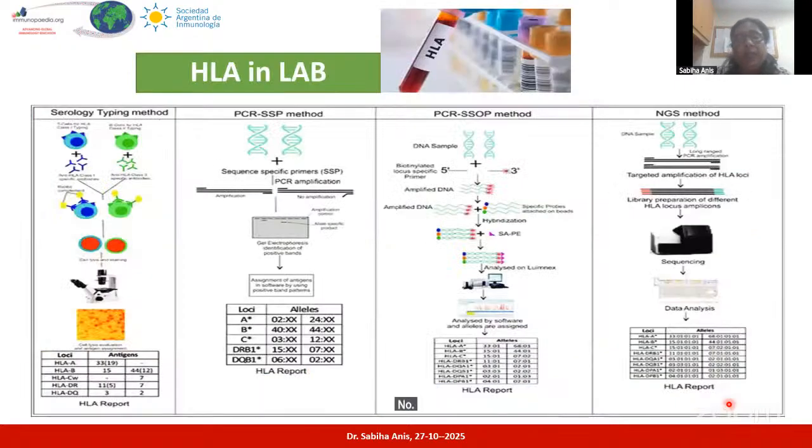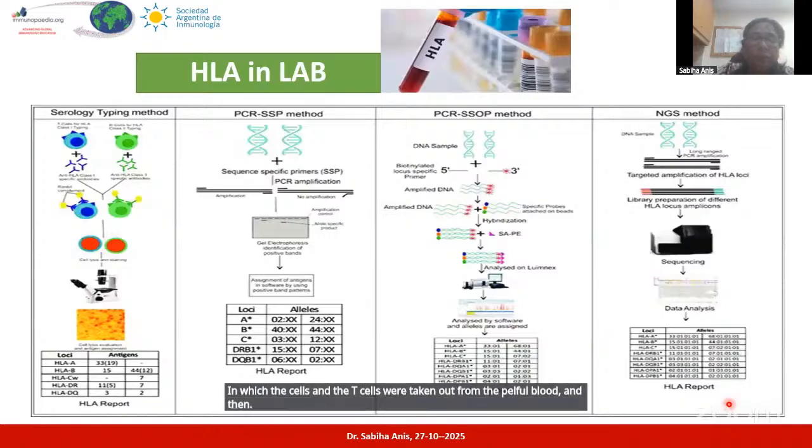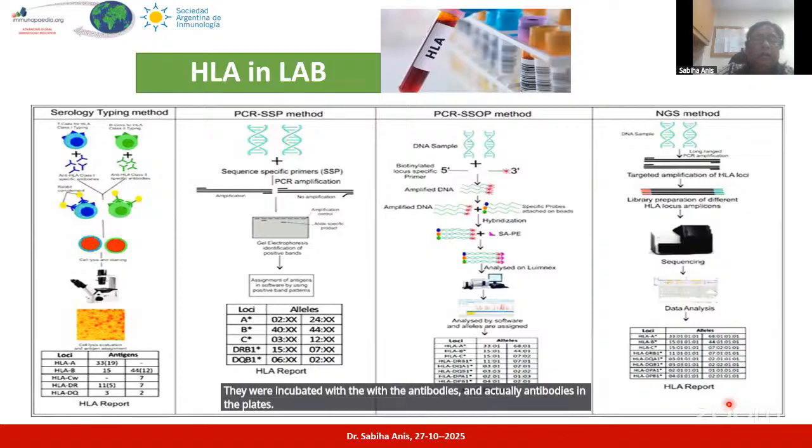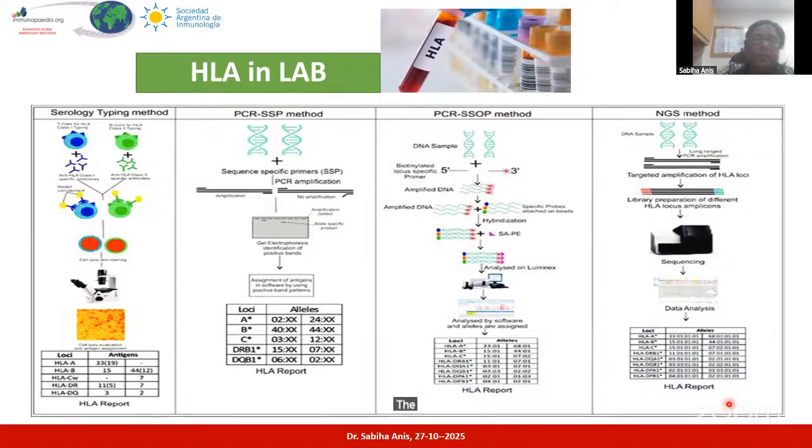Now, HLA typing is done in the labs. Initially, only serological typing was done, in which the B cells and the T cells were taken out from the peripheral blood, and then they were incubated with the anti-HLA antibodies in the plates. The HLA specific to the antibodies